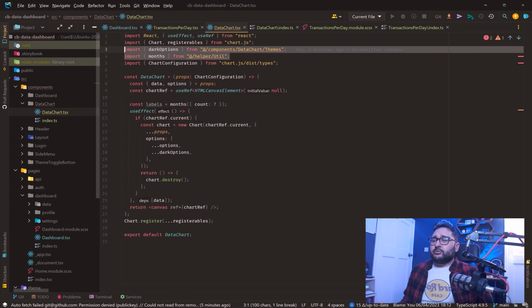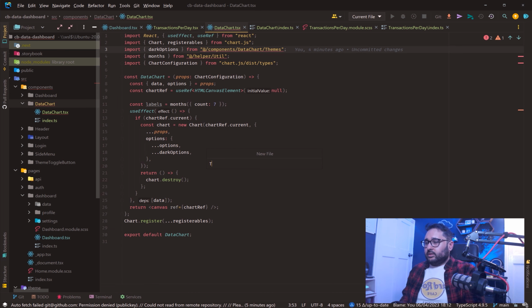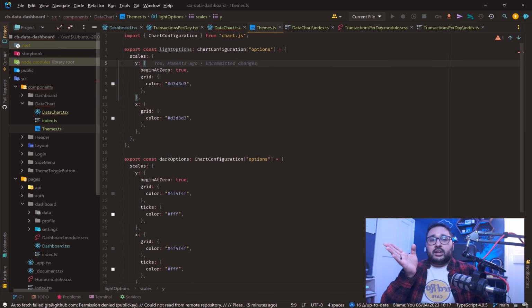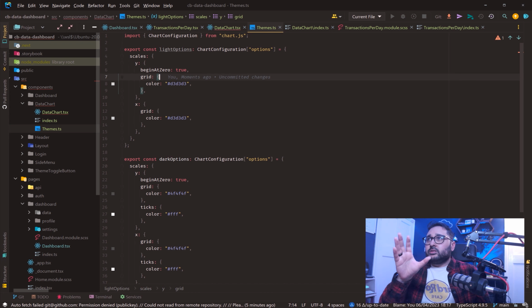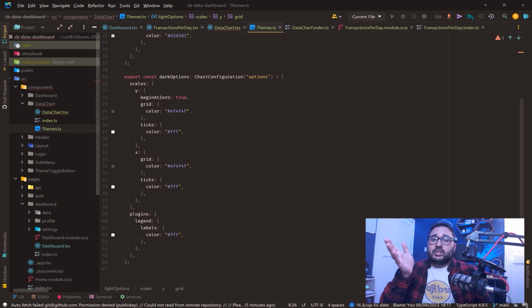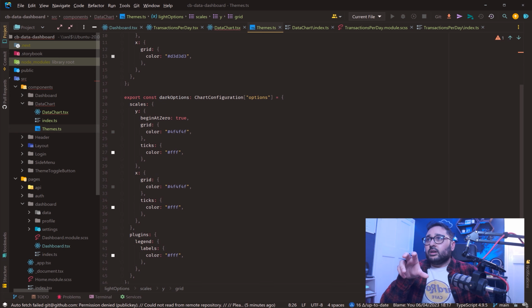Now let's go add some of these files up here. We need to add our themes file. So let's just go here and create themes.ts. What this does is this essentially contains our light and dark themes for Chart.js. So within here, we want our Y axis to begin at 0, and we also want it to be a certain color. We've chosen a lighter color for this because it obviously is the lighter theme. And in the dark theme, we have also asked it to begin at 0 and chose slightly darker colors for